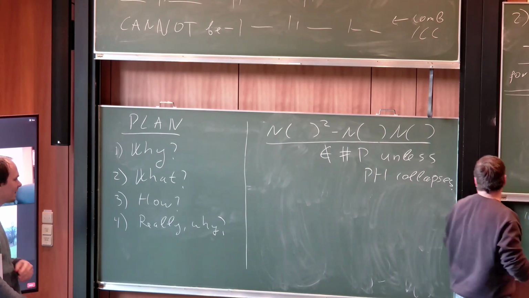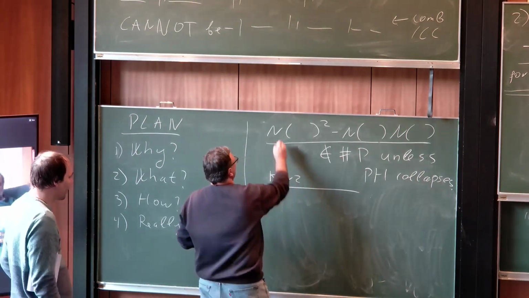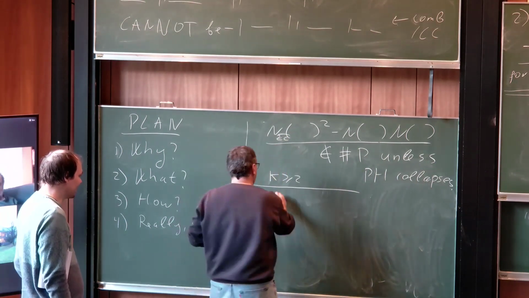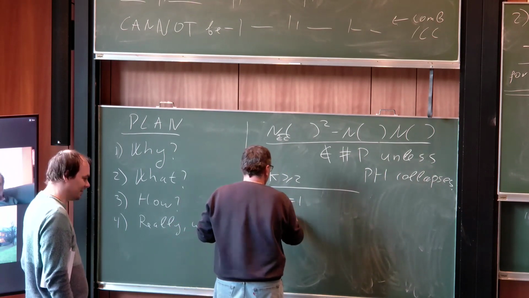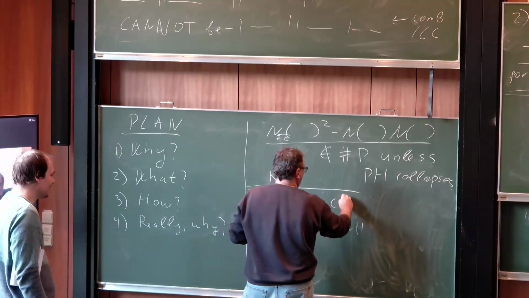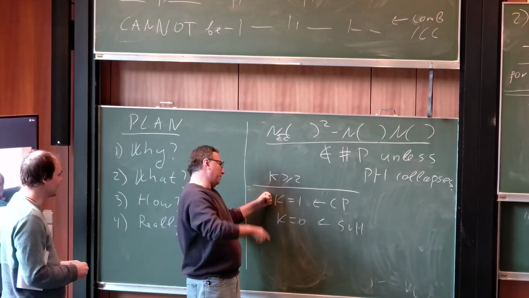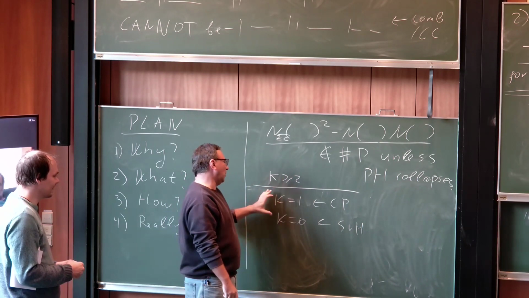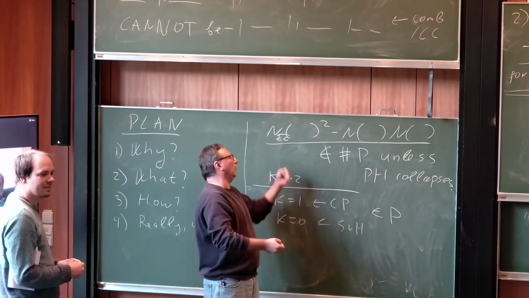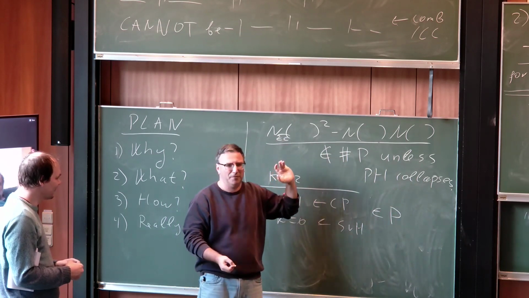To be clear, this is for k greater or equal to 2, where k is, as you remember, the number of fixed elements in Z. For k equal to 1 and k equal to 0, this is the work of Chan, Pak, and Shenfeld. So in those cases, the decision problem, whether it's 0 or not, is in P. In this case, the decision problem, whether the difference is 0 or not, is not even in the polynomial hierarchy.